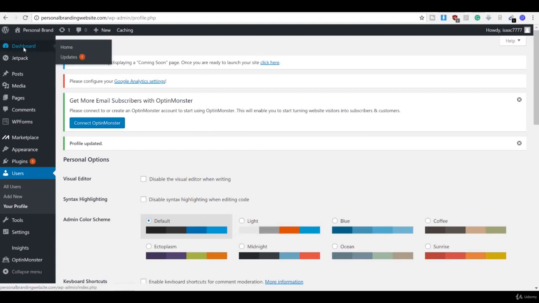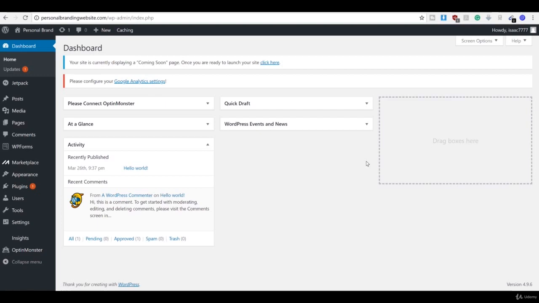Okay, so if we just click this one here, that's our dashboard, so that takes us back to that main area that you saw before. Awesome. Okay, so that's WordPress installed. Now, one other thing you can do is, your site now looks a little bit better than it did before. So if you hit visit site,